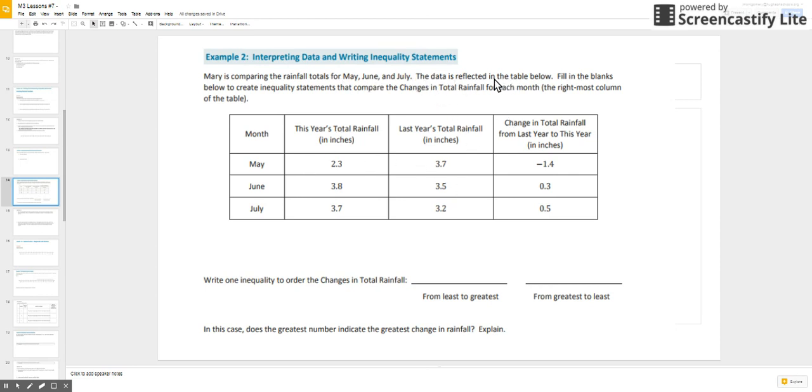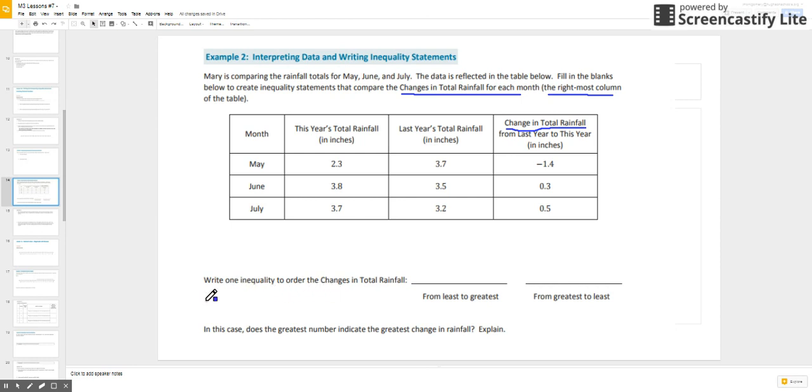The data is reflected in the table below. Fill in the blanks below and create an inequality statement to compare the changes in total rainfall in each month. The rightmost column, so I even tell you where it's at. They're nice enough to tell us we want the change in total rainfall, which of course is right here. So we're talking about the information in this column. In part 1, it says write one inequality